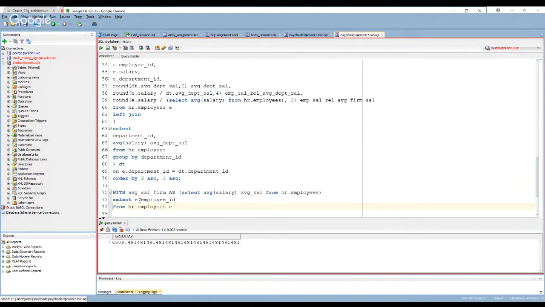I mean, this is not a very good use of it, but this is just to highlight the point, which is you say E.salary, and you say E.salary divided by this construct here.